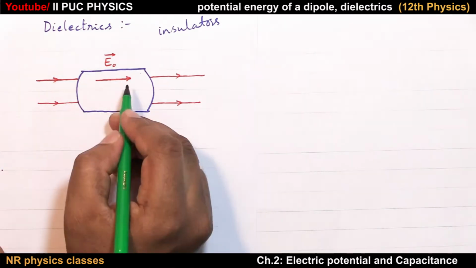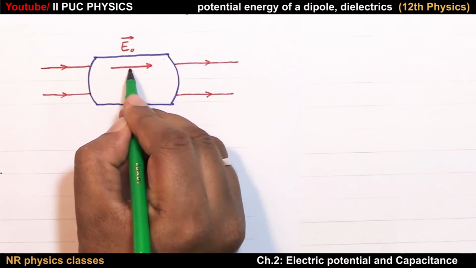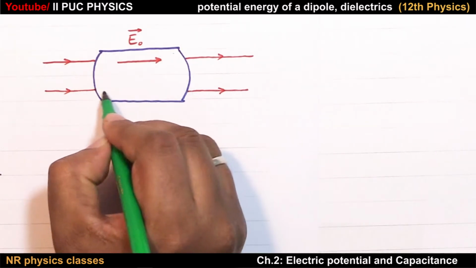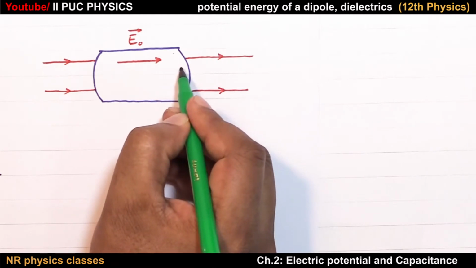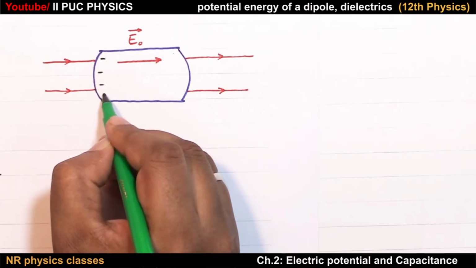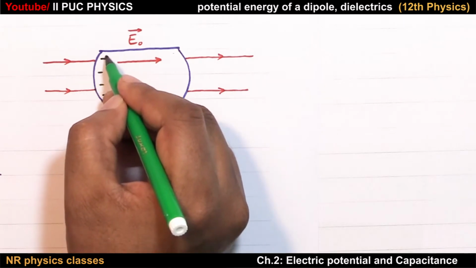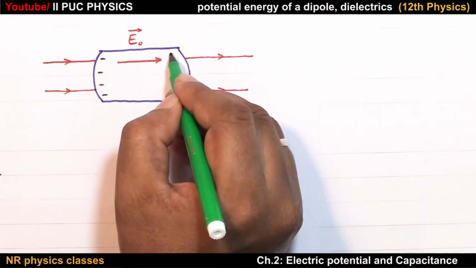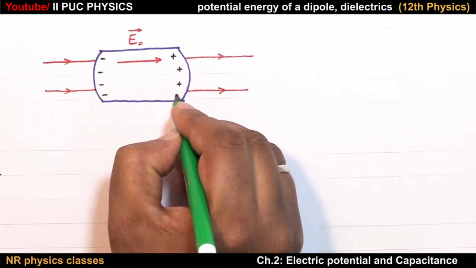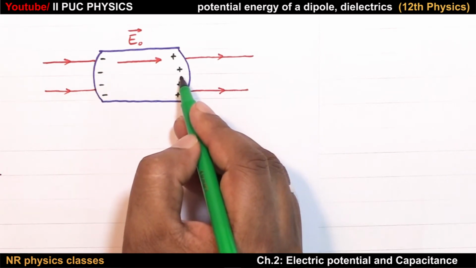No issues. We also know that negative charges will experience force against the direction of the electric field. Since there are free electrons, conduction electrons, present in the conductor, they will experience force. As a result, more and more electrons will come and settle on this side. If this side acquires more electrons, this side takes negative charge. Naturally, the other side takes positive charge. Let me represent that by plus. If a few more electrons come to this side, equal and opposite charge is induced.